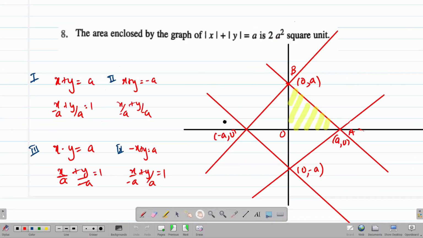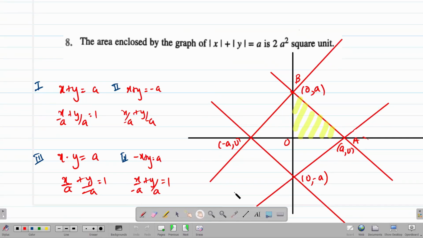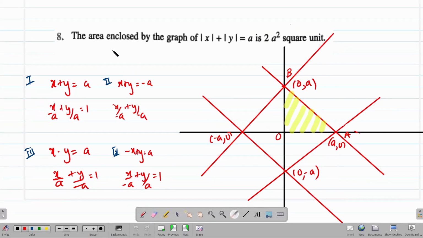This shortcut I had already discussed in my straight line video also. Just have a quick recap. The area enclosed by the graph |x| + |y| = A is 2A² square units. This gets resolved into 4 cases, that is x + y = A, and in intercept form